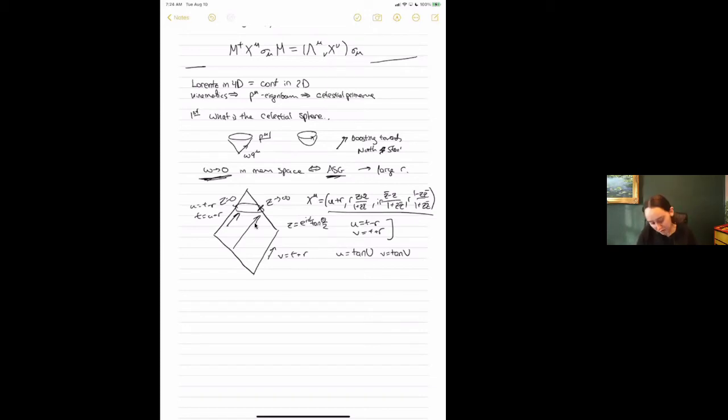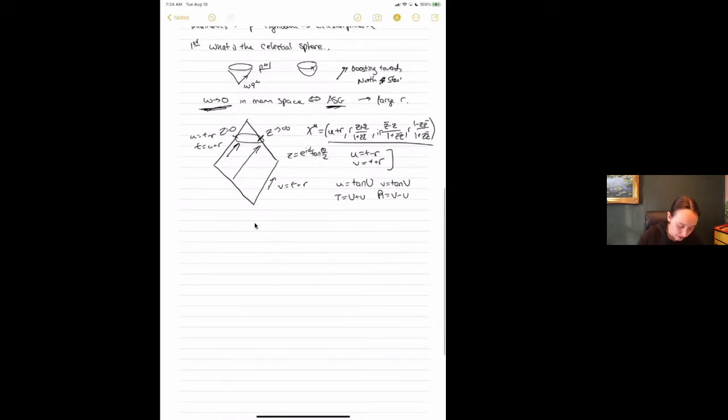On my iPad, I'm drawing this bad looking diamond, and that diamond is supposed to be all of space-time. Of course, you can always just change coordinates to do that. But the point is that we want to look at what the metric looks like in these coordinates, and all we care about is the causal structure. So we're going to strip off any conformal factor there. Then we do another change of coordinates, T equals U plus V, and R equals V minus U. And what we find then is, if we look at our metric, we started with ds squared equals negative dt squared plus dx squared.